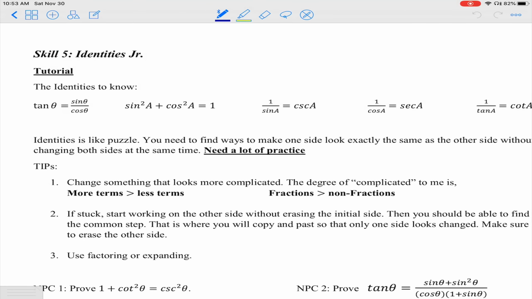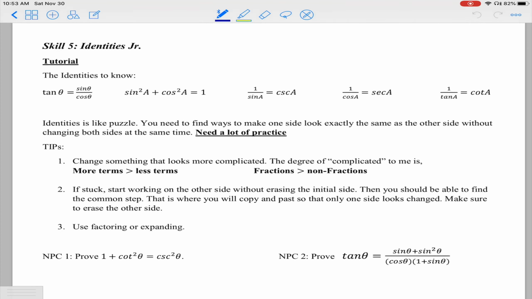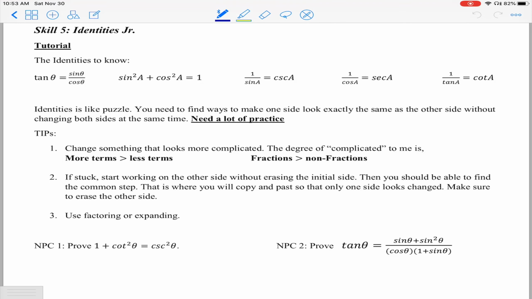So skill 5, identities, junior. Why did I say junior? Because you're going to see senior in the trigonometry senior in grade 12. And they will have about 4, 5, 6 more of the identities that you actually have to work with. So we have to master this skill. Even though I said there is no way that we can prepare for this one perfectly,